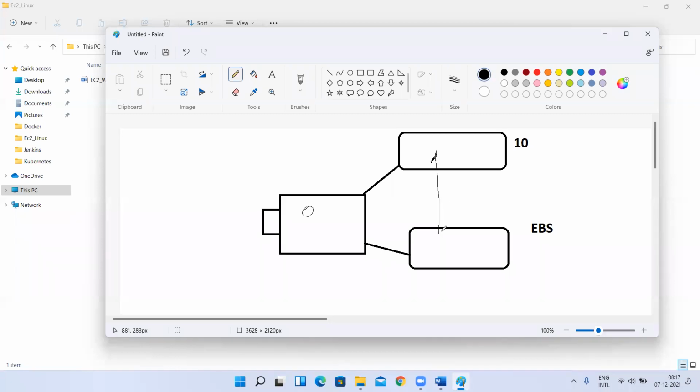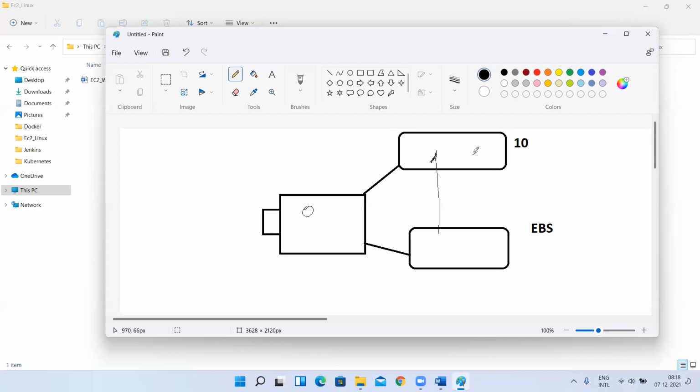AWS will just tell you to create one external hard disk, meaning an EBS volume, and attach it to my instance. But after that, for creating the file system and mount point, AWS doesn't know where you want to create the mount point, at the ABC folder or the XYZ folder. How would AWS know that? So we have to do that using Linux commands. Is it clear?